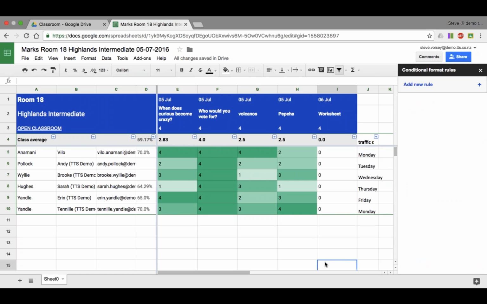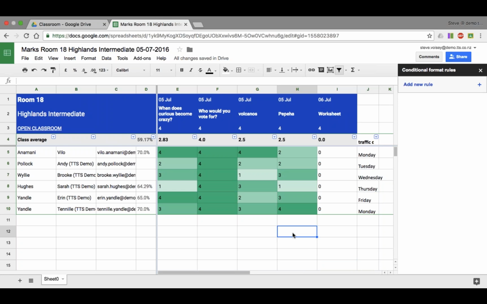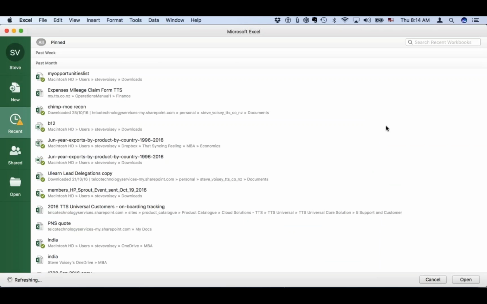That color is very useful for your brain, and if a teacher does that, or if a principal does that to all the data for a school, they have the ability then to immediately see patterns. And when I look at this now, I am concerned about Brooke, and I am concerned about Sarah, and I didn't even see that pattern before. That's very good. Cool. Okay, hey, I'm going to